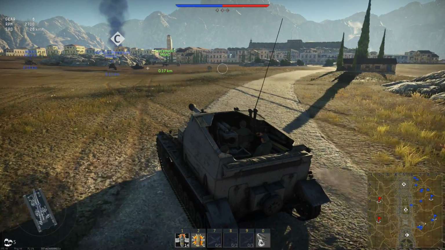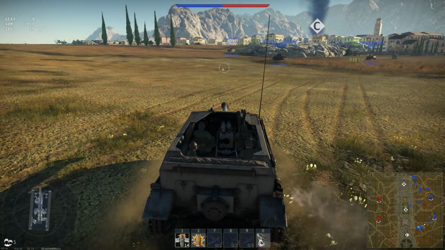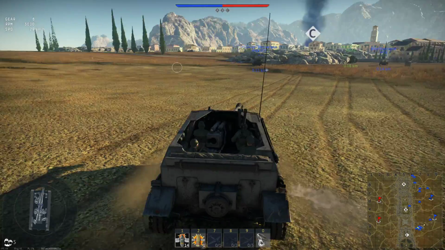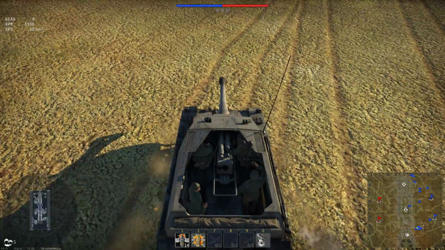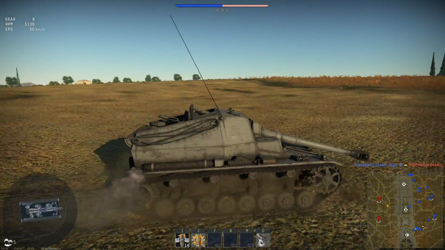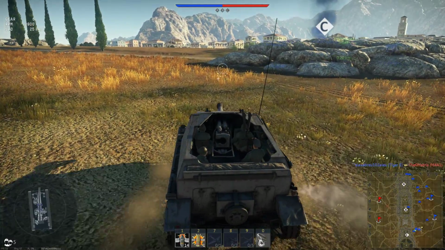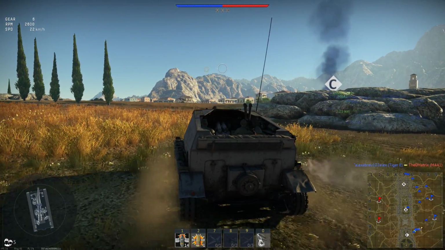If you want to skip ahead, I'm probably going to be moving for a couple minutes because this thing isn't all that fast. It's just very maneuverable right and left, with, oddly, a very good traverse. But mainly, look at this gun depression. If I press C here, you can literally depress the gun out of the tank, like the breech is out of the vehicle. Obviously, on Italy, we're not going to get much use of that, but